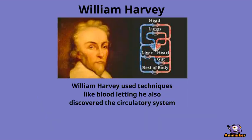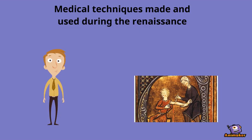Many people throughout the Renaissance discovered medical techniques, including some that are even still used today. People such as William Harvey created techniques like bloodletting, which drastically changed the medical side of things during a time period where medical aids and techniques were limited. Bloodletting allowed those affected by incorrect blood flows and artery blockages to allow the free flow of blood throughout the